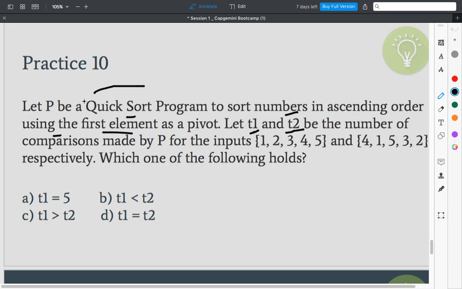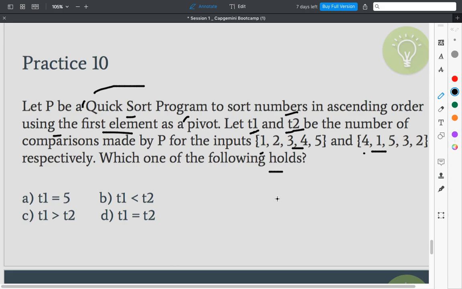You are aware that in quick sort we compare two algorithms by the number of comparisons, and the number of comparisons depends on the input data. If the data is different, comparisons will be different. For different data, the number of comparisons will differ depending on what the pivot is. So this is 1 2 3 4, an already sorted list. Then it's 4 1 5 3 2 respectively.